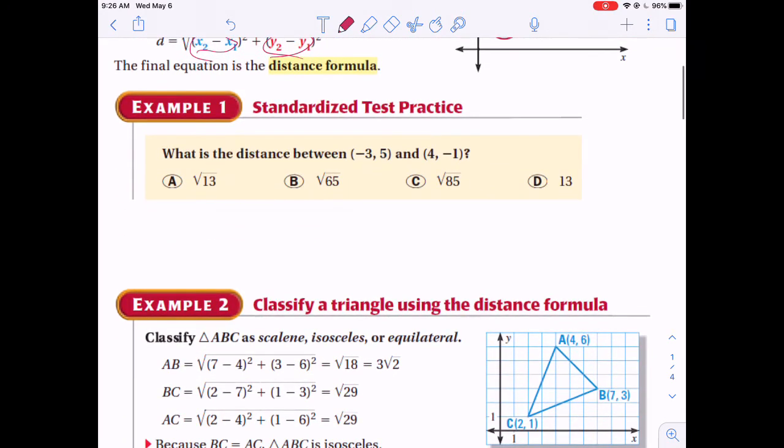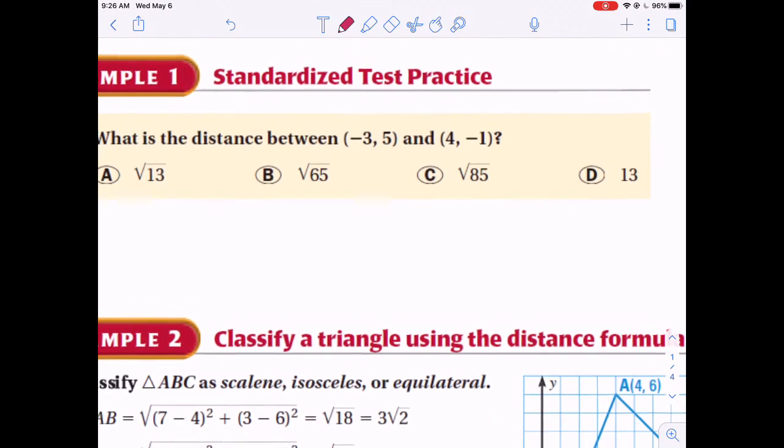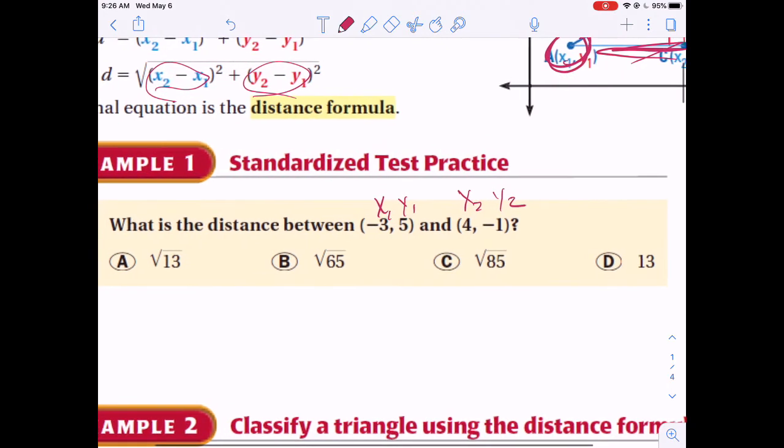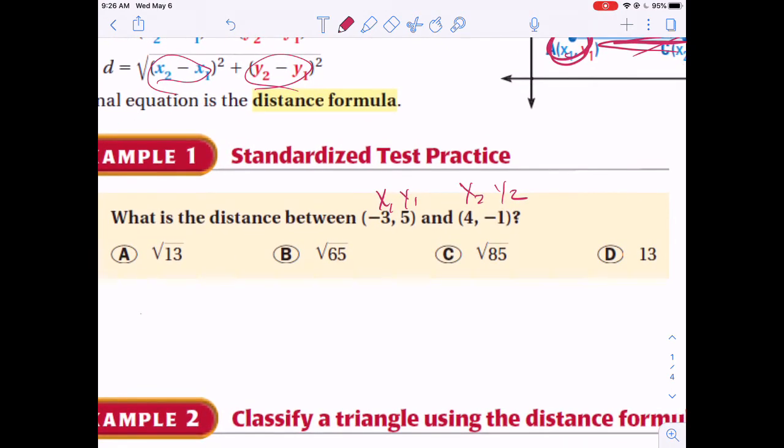Example 1, between these 2 points, (-3, 5) and (4, -1). Again, I like to label up my points. This is x1, y1, x2, y2, so I know where they go. Formula's right up here. I like to see it myself. So d equals the square root of (x2 minus x1), so it's 4 minus -3, squared, plus (y2 minus y1), so -1 minus 5,